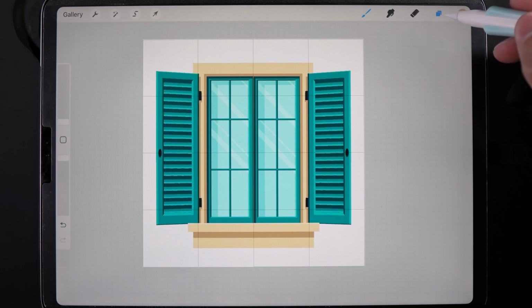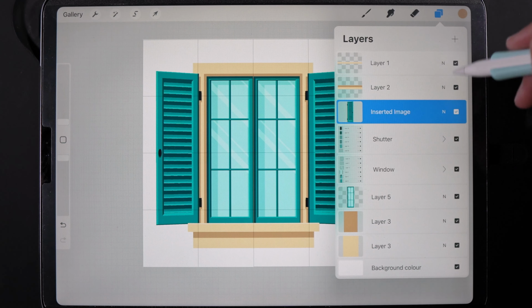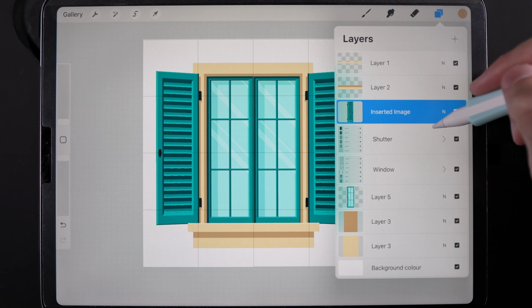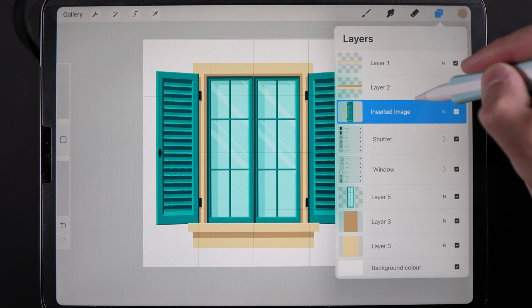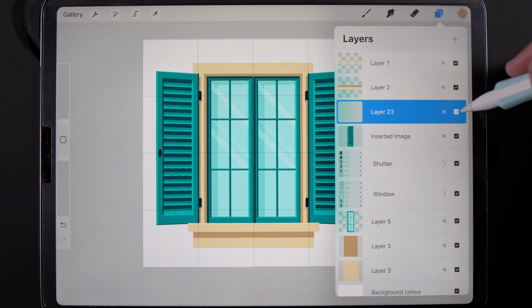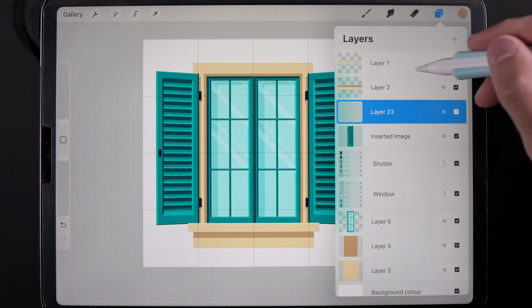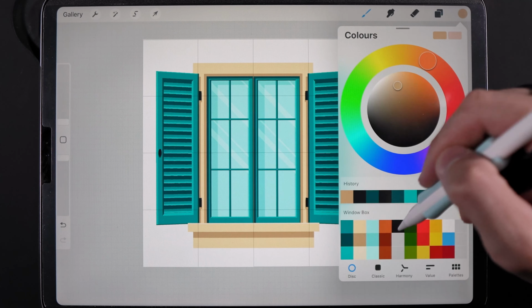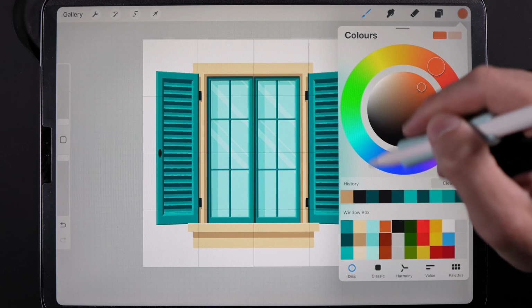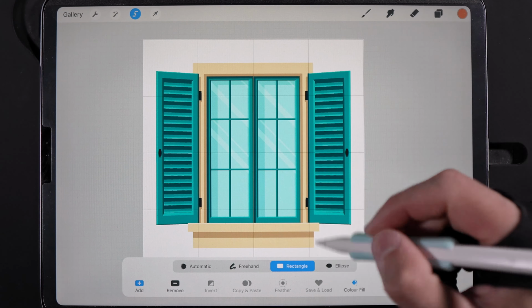Let's create the window box. So at this point, you can keep your layers if you want to, it's totally up to you. I'm going to go ahead though and probably leave them. Now I'm going to create a new layer here, just underneath my sill at the top here. And then I'm going to go to my colors, top of the 4th column,